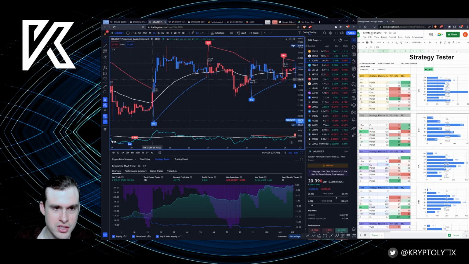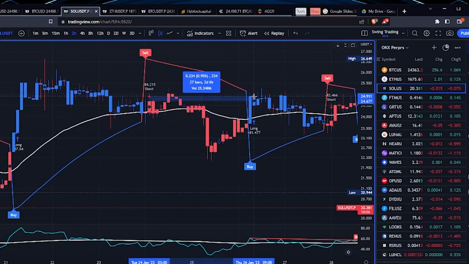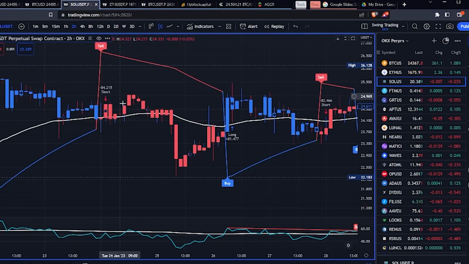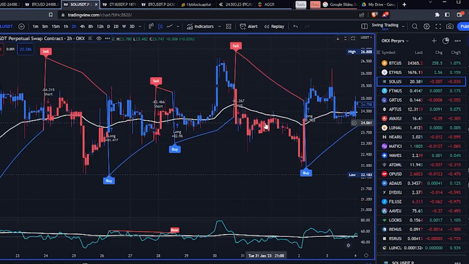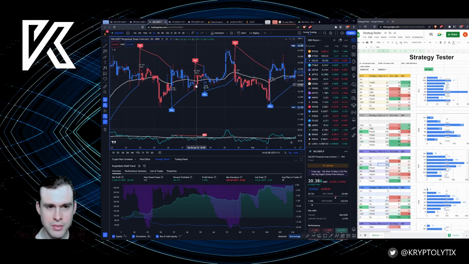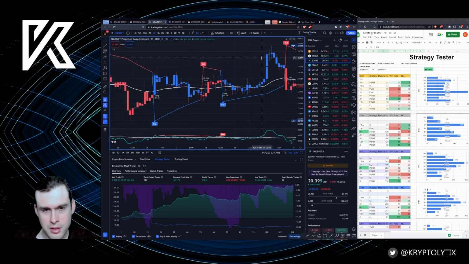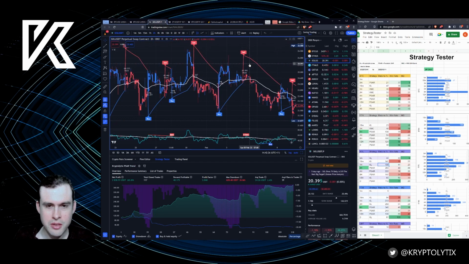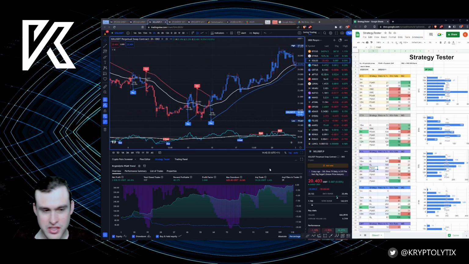But again, you can protect yourself from some of this. So say here, well, it's still a profit. Here, which I believe is this candle close here, that would be like a break even. But if you're using your stop loss like here, for example, then you get a little bit of extra profit. Just be mindful of where you're putting your stop loss as well, regardless. If you put your stop loss at the structure, then you get a slightly better position here. Anyway, I just recommend you backtest and figure out where you would want to put your stop loss for these. But yeah, this is a 2-hour PSAR.